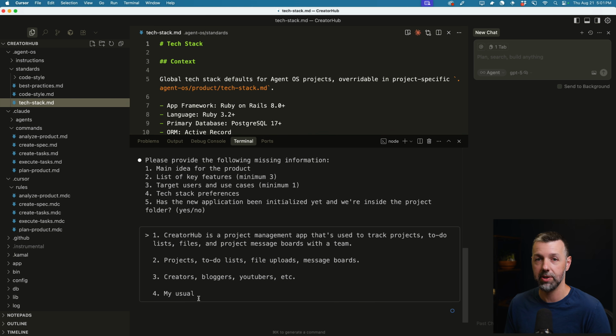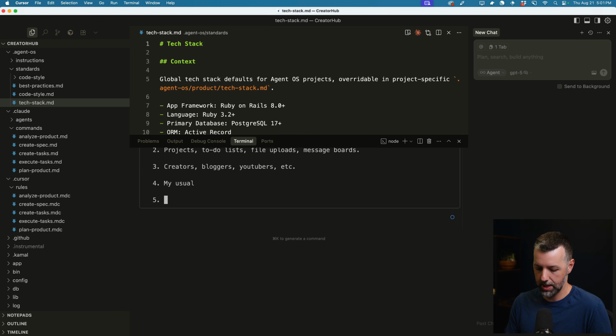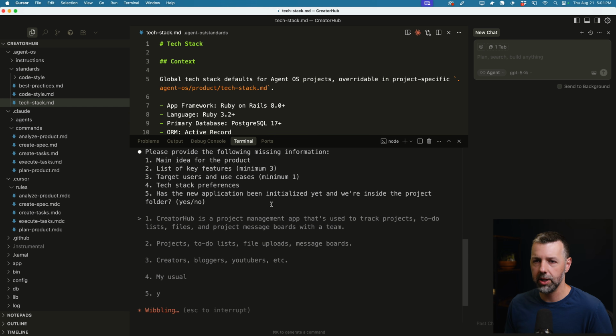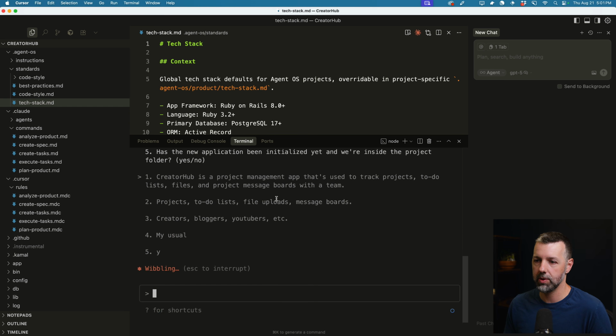And this is actually my chance to deviate at all if I want to from my typical tech stack. But in this case, I'm just going to stick to my usual stuff. And yes, we're already in the project. So I'm going to go ahead and let it use that as its starting point, and then it's going to